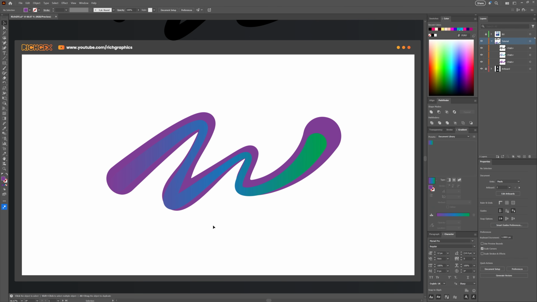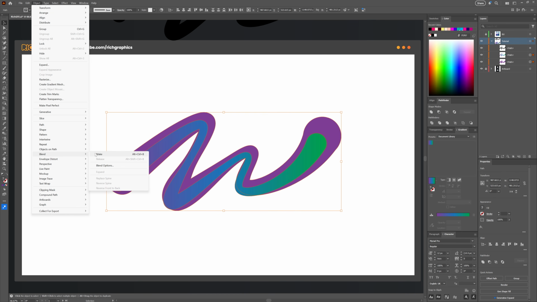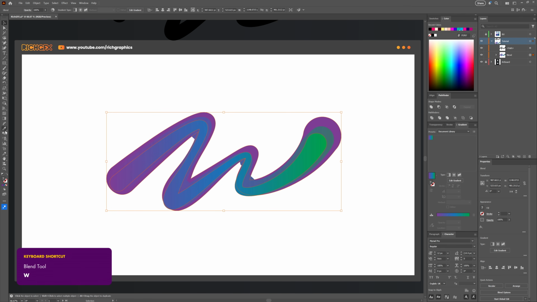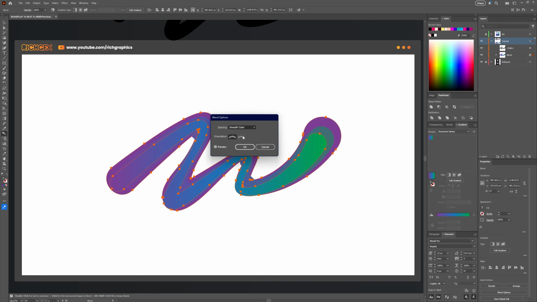Less is more here. We don't want the shape to change too much and we want to retain the bottom paths as much as possible. Now select both shapes, then go to Object, Blend, Make. Double-click the Blend tool from within the toolbar and make sure the options are set to specified steps with around